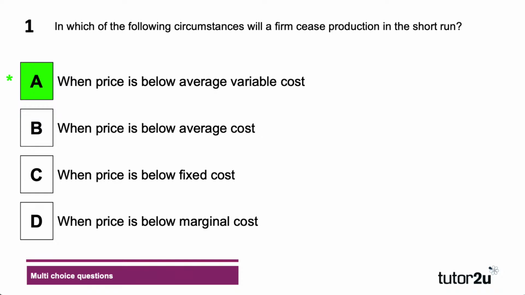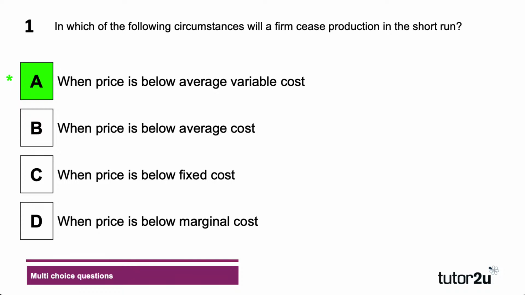Well done. Okay, so take care to practice your understanding of when firms will cease production or what will cause a firm to cease production in the short run and why, and to make sure that you can explain the difference between the need to cover total average cost and the need to cover in the short run average variable cost, but not necessarily fixed cost.